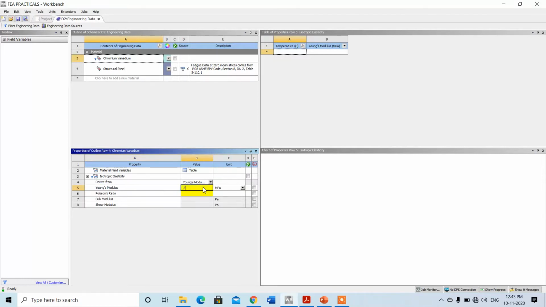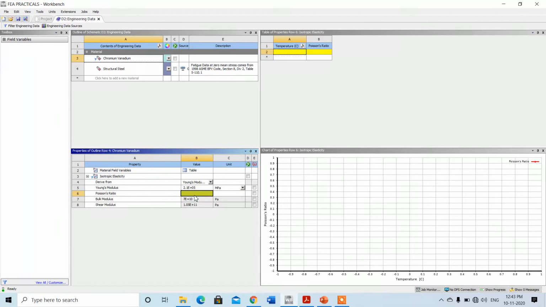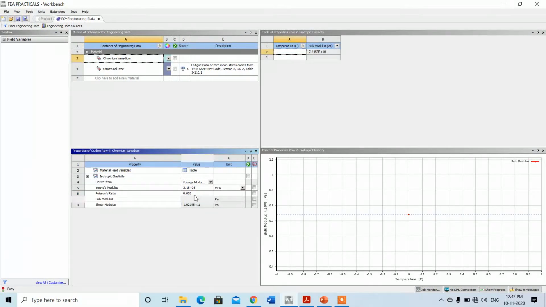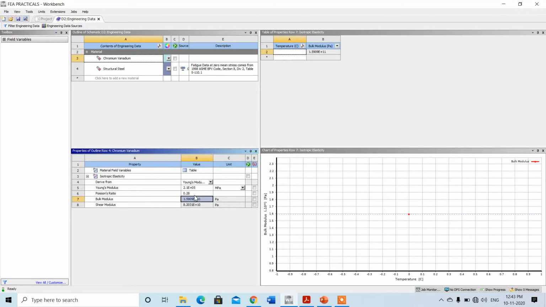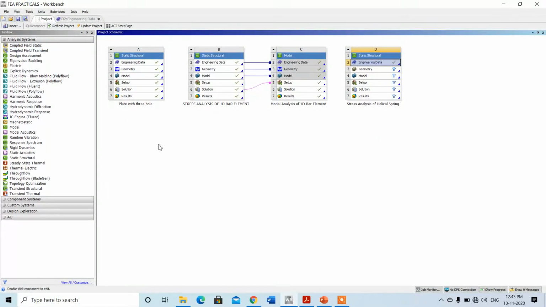So, it is 210 e to the power 3, that is 10 raised to power 3, and the Poisson's ratio is 0.28. These are the material properties for chromium vanadium. Now, you can check there is no question mark next to chromium vanadium.